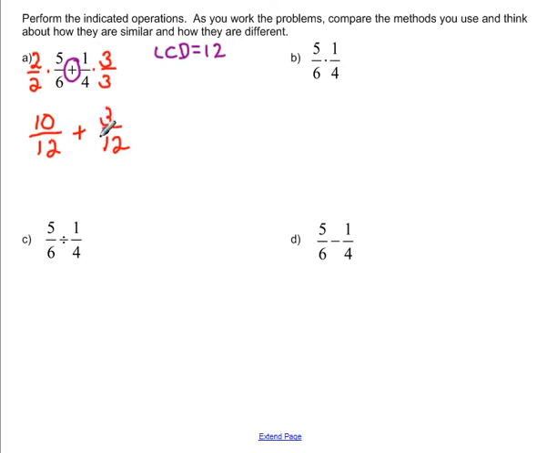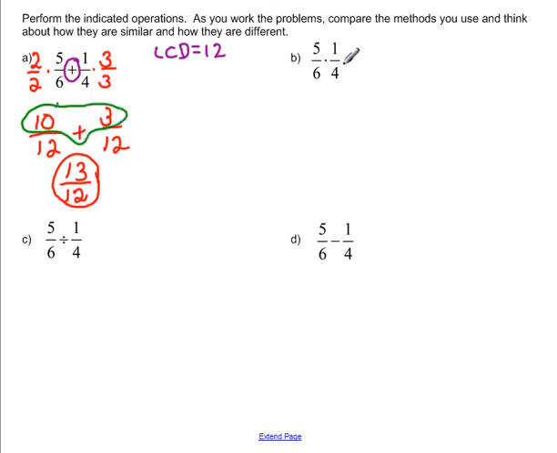So now what we're going to be doing for our addition, we're going to take 10 12ths and we're going to add 3 12ths. So that would give us, remember the denominator stays the same as 12ths, and we add the numerators. That's going to give us 13 12ths for our final answer. So remember, adding, we needed a common denominator. Denominator stays the same, and we add the numerators. Only the numerators get added.